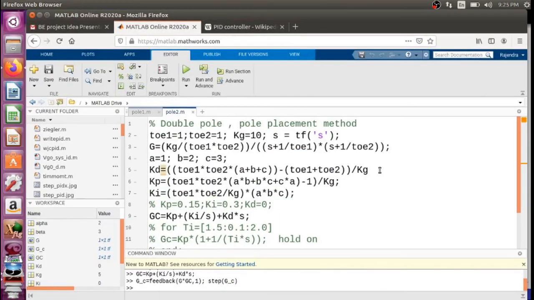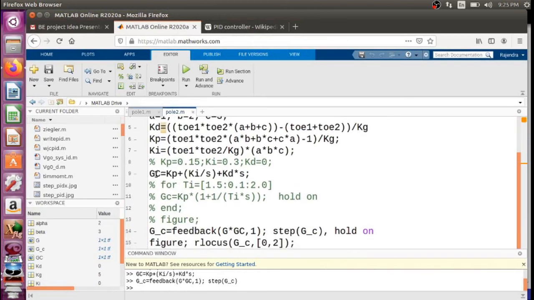Then we got the compensator transfer function Gc equals to kp plus ki upon s plus kd into s, as usual. Then we found the closed loop transfer function by using the feedback function operating on G into Gc, and we finally wrote step G underscore c. That means we want a step response of the closed loop transfer function.